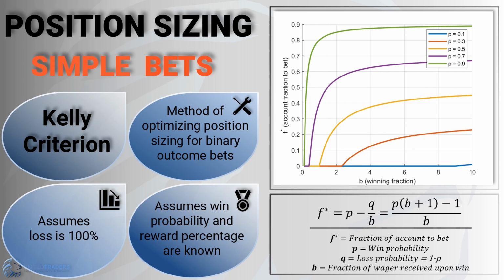The chart here shows the ideal bet size relative to the account size, given the two changing variables B and P over a large range of values. Note that if F equals 0, that indicates a situation where the equation output is less than or equal to 0. This represents unfavorable conditions in which the account will lose money over time. In other words, this chart shows that with a higher win rate, the ideal bet size on each trade increases. It also shows that as the amount won per trade increases, it is ideal to bet more of the account on each trade.